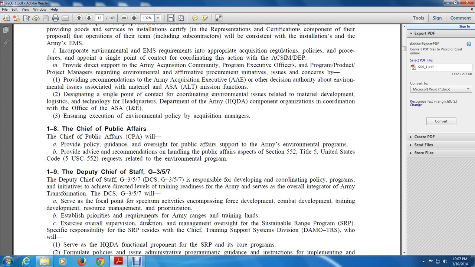1.9, Deputy Chief of Staff G3/5/7, DCS G3/5/7, is responsible for developing and coordinating policy, programs, and initiatives to achieve directed training readiness of the Army and serves overall integrated Army transformation. The DCS G3/5/7 will serve as the focal point of spectrum activities encompassing force development, combat development, training development, resource management, prioritization, establishing priority requirements, Army ranges, training lands, and exercises, with overall supervision, direction, management, and oversight